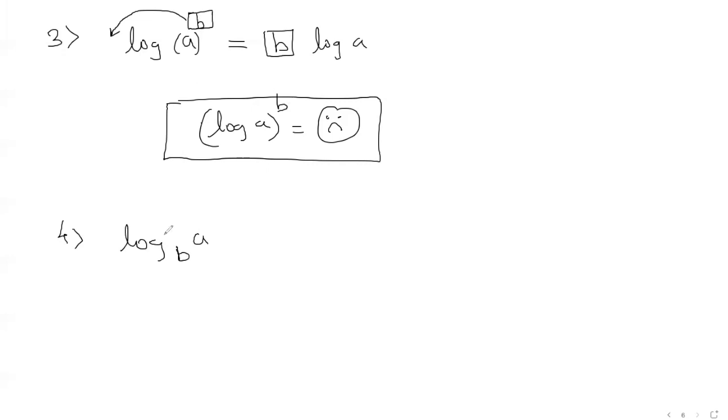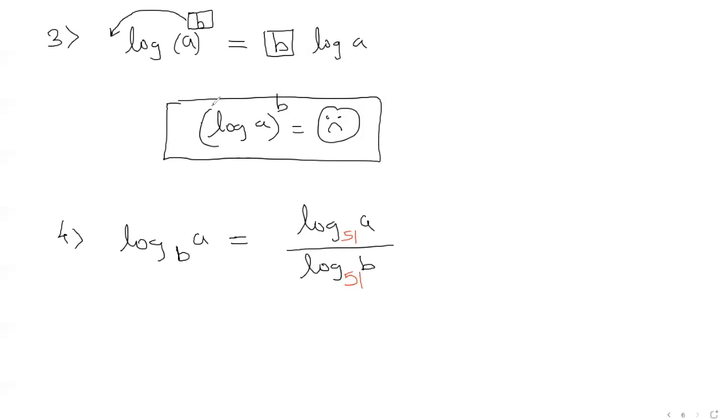So the fourth property is log A to the base B. Now, this is very different from this one. 4 and 3 are very different. This time, B is the base of log A. In this case, this can be written as log A divided by log B. Now, this property is also called change of base. I'll tell you why. When you split log A to the base B as log A divided by log B, you can choose whatever base you want. You can write down 5 if you want. But the only condition is it should be the same base for numerator as well as denominator. You can write 51 if you want. So any base is fine. So this is called the change of base property.